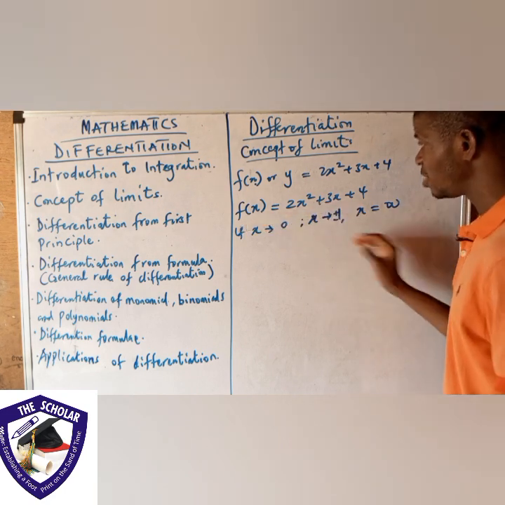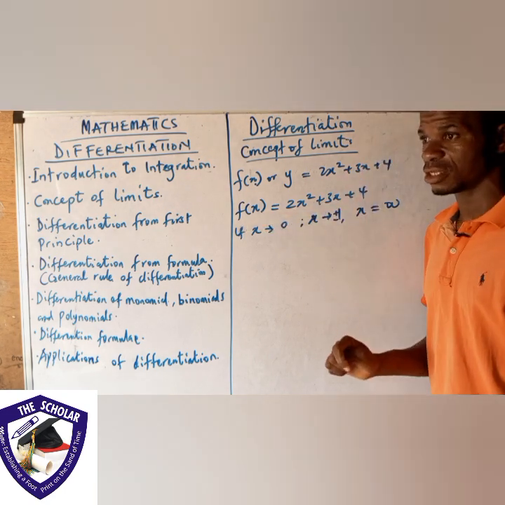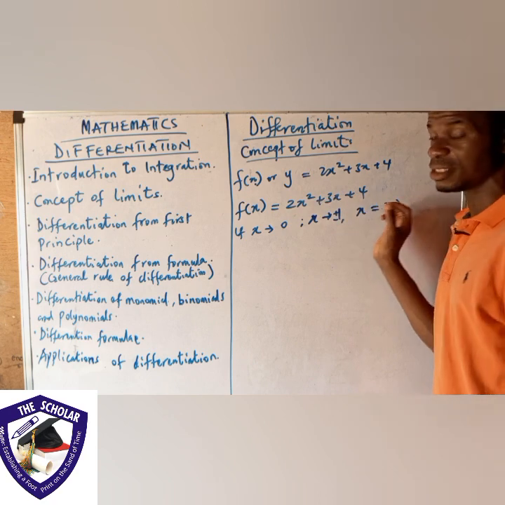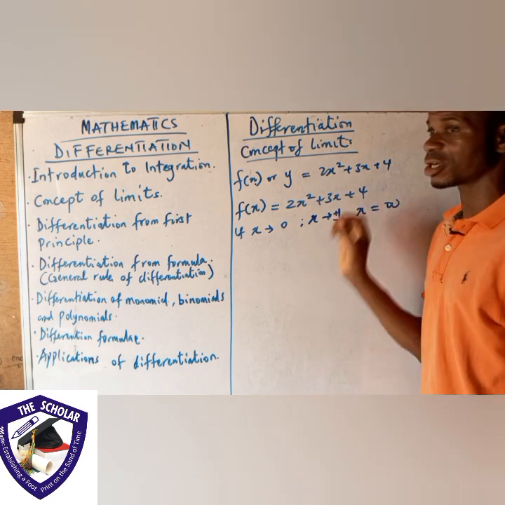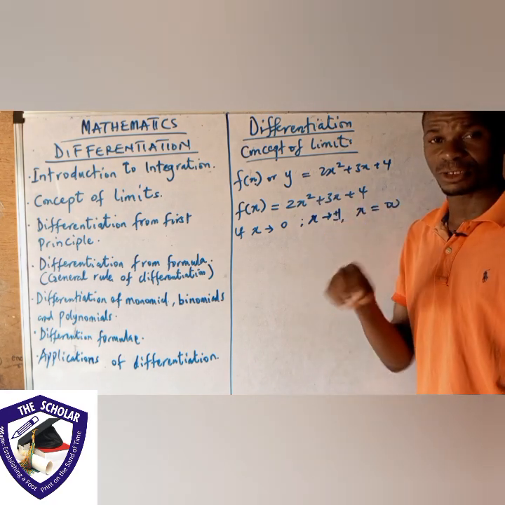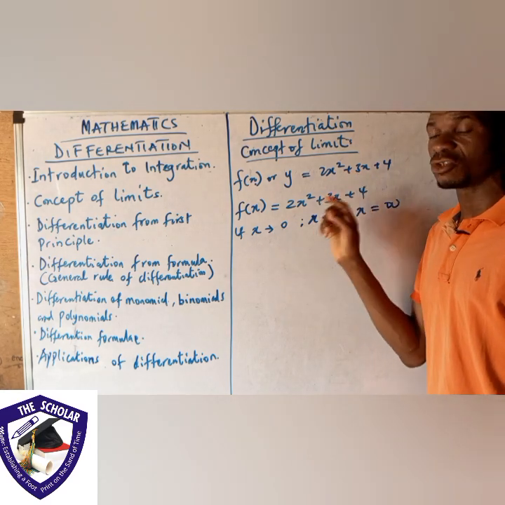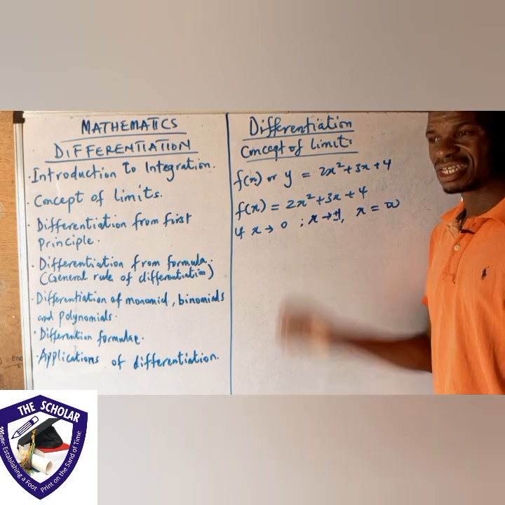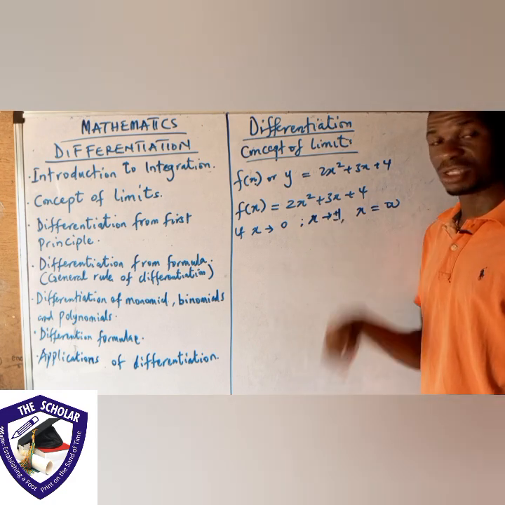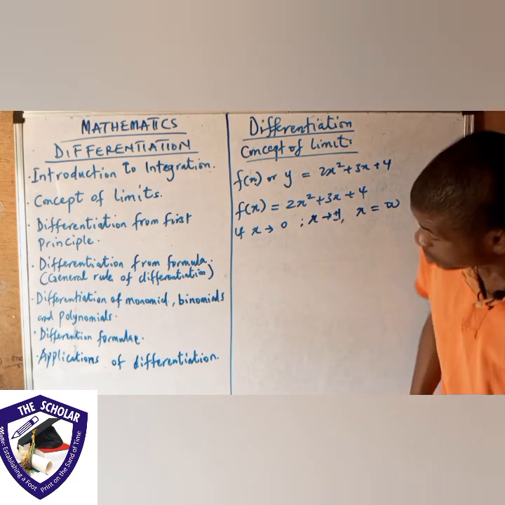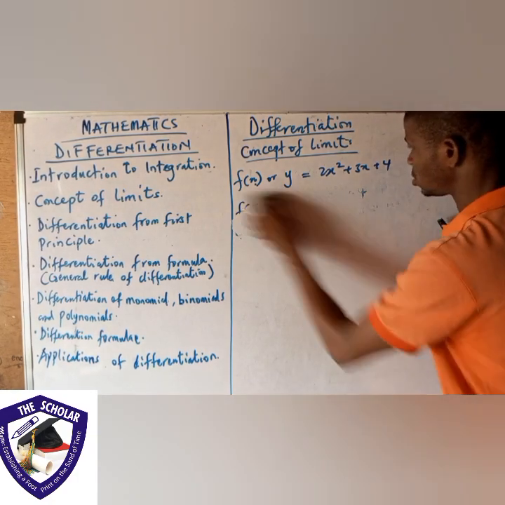So, under the concept of limit here, we have three things we'll be looking at. We'll be looking at the linear limit, and we'll be looking at the fractional limit. The fractional limits are divided into two. The first one is when the power of the numerator is greater than the denominator, and the second is when the power of the denominator is greater than the numerator. So starting with the first one,